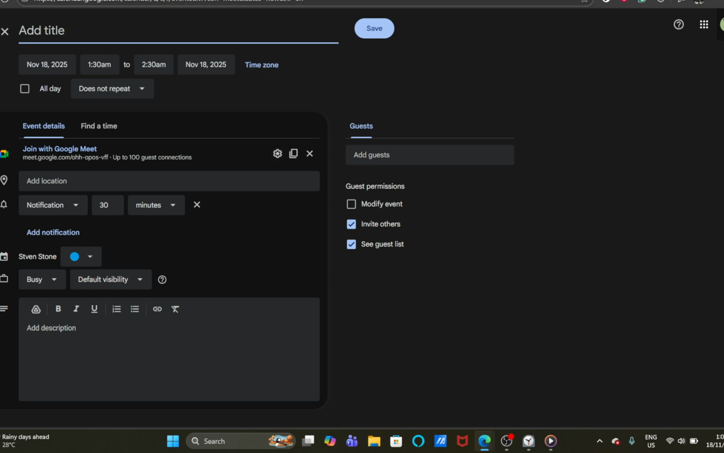I hope this guide has helped demystify how you can get started with creating meetings on Google Meet. Remember, no matter the method you choose, the goal is to make your meeting experience as seamless and efficient as